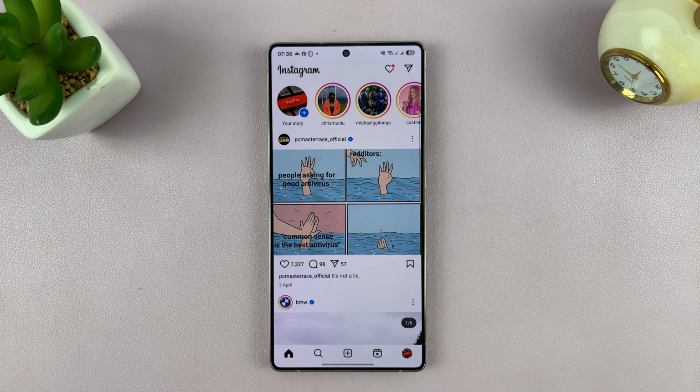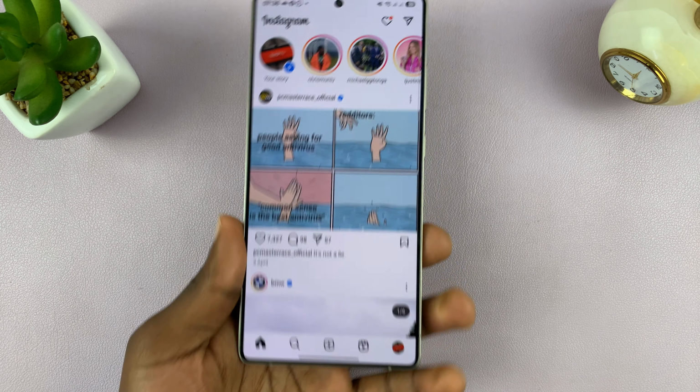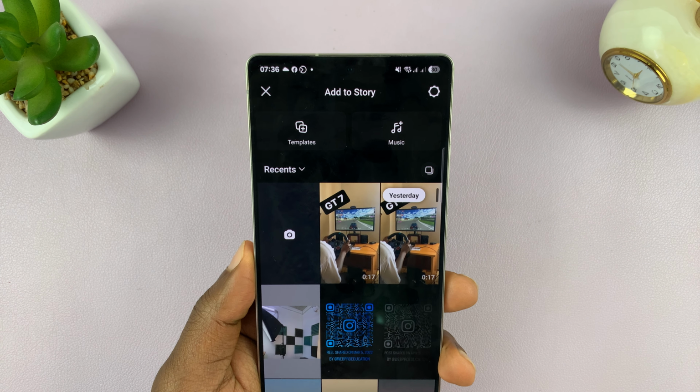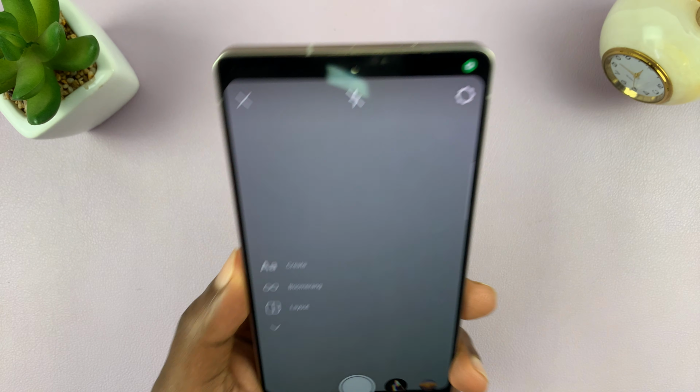So today I'll be showing you how to add a solid color background to your Instagram story. So the first thing you want to do is create that solid color background. And to do that, grab your phone and go to Instagram stories, launch your camera and take a random